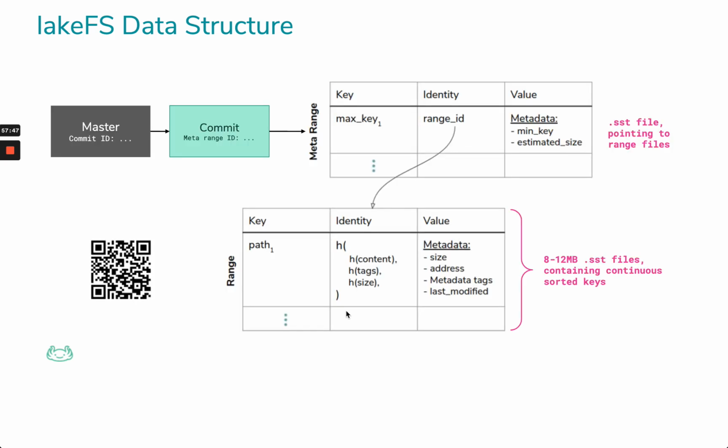To give a little more information around the data structure, there's a commit ID attached to everything that we do. Like you've seen, the file that I deleted wasn't committed, and then I committed it, so it got some commit ID. And then I'm entering it into my table inside my meta range. So each one of my commits essentially is going to live inside some range, and I have my meta range, and it has a range ID. So I have two tables where the range ID is actually pointing to my identity within the range, and there I'm holding a hash on top of the content, the tags, and the